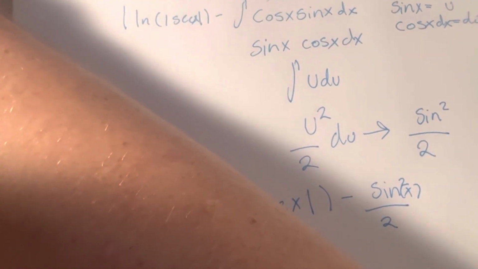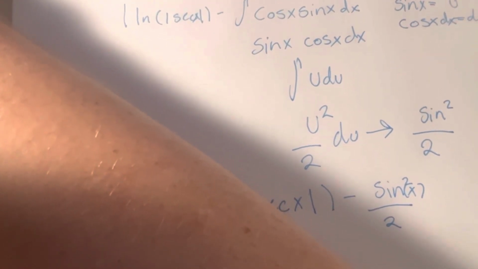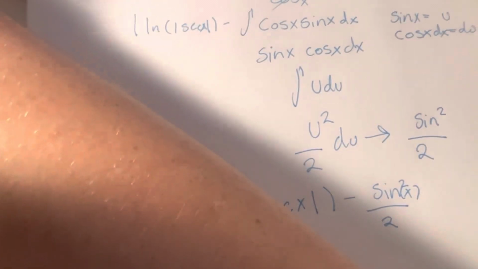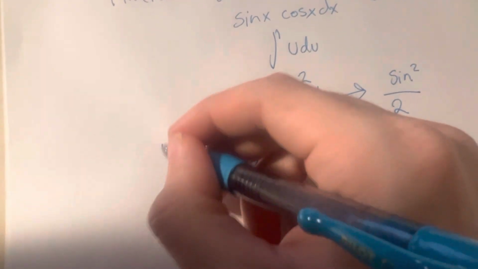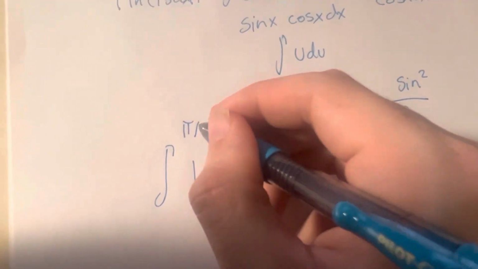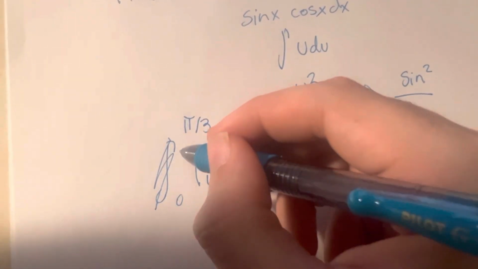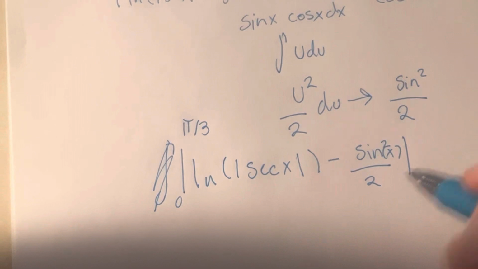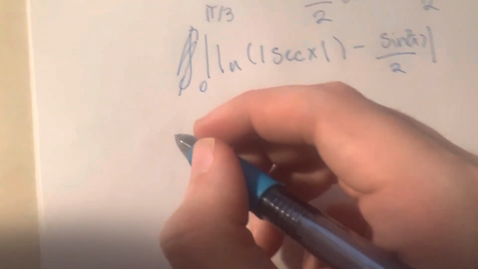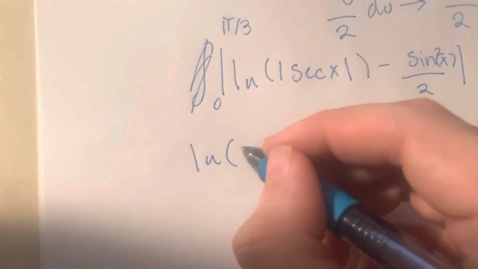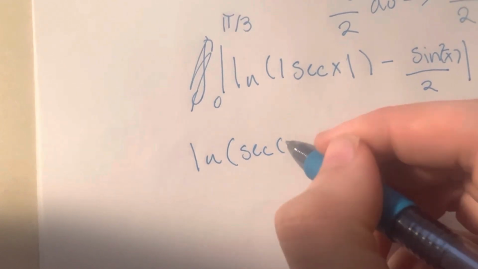Now, at this point in the integral, we can solve it by plugging in that pi over 3 we mentioned previously. This shouldn't be an integral sign anymore since we've solved for our integral, and we would write this out as such: ln of secant x